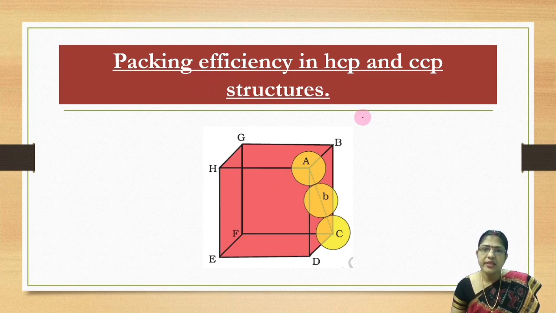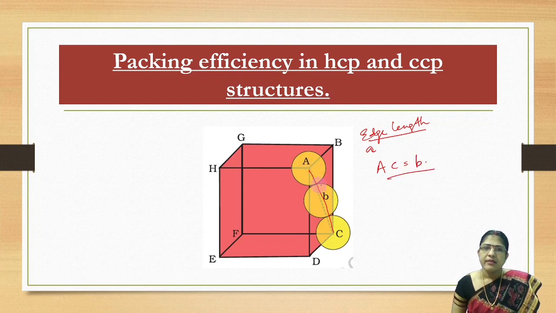You can see here in the figure the unit cell edge length is A, and this is the face diagonal. AC is equal to B. Then if we consider triangle ABC,